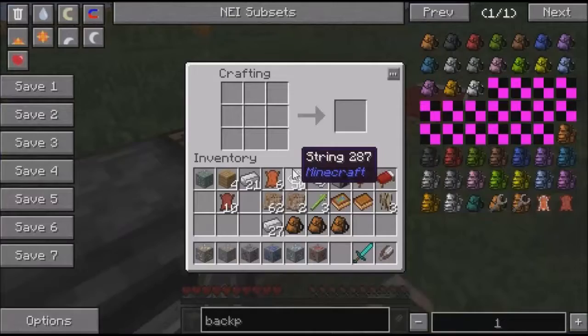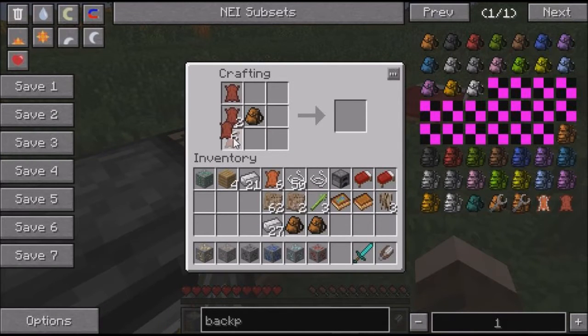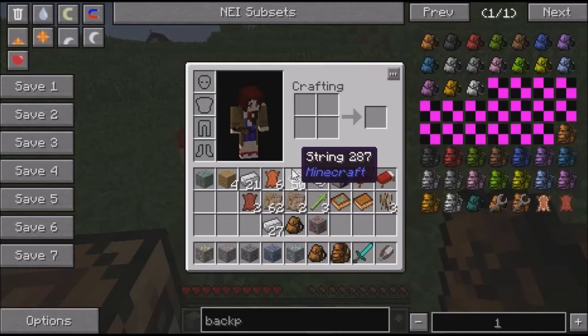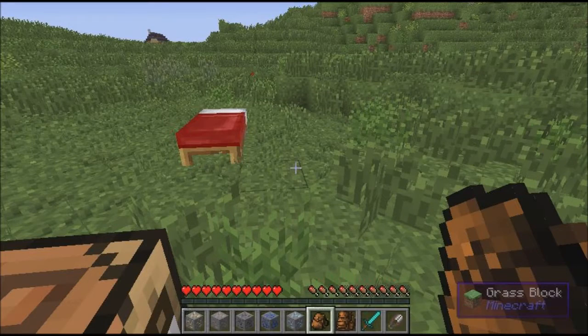And now what you do is you go into your crafting table, you stick a backpack in here, and you surround it with your tanned leather, and you get a ginormous backpack. Now let's look at the difference between these. Oh, here we go. So this is a regular backpack. This gives you, I believe, 45 slots right here, which is more than you have for your normal inventory, basically, which is amazing. But a big backpack